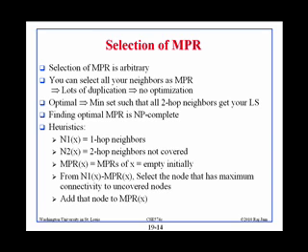Alright. Now, first thing is that there is no set rule. You can select all your nodes as MPR, all your neighbors as MPR. So you can say that I have to get 3, all of them are relaying. If you do that, then you're getting full flooding. If everybody selected all their neighbors as MPRs, then everybody is relaying for everybody, and then you get full flooding. There is no optimization. So the optimization is that you just select a smaller number and you still ensure that everybody gets it.